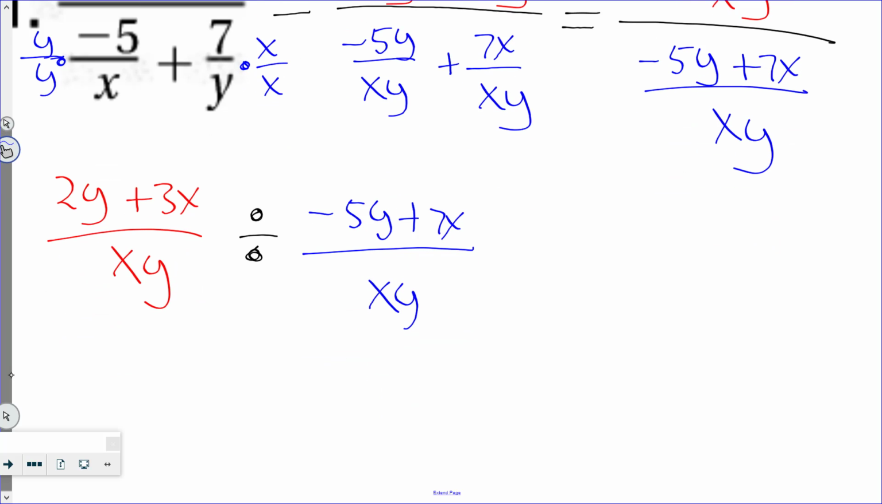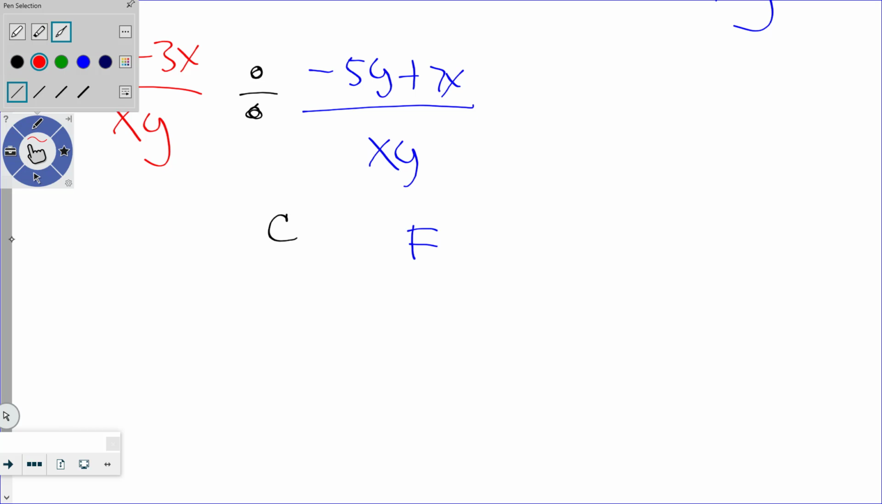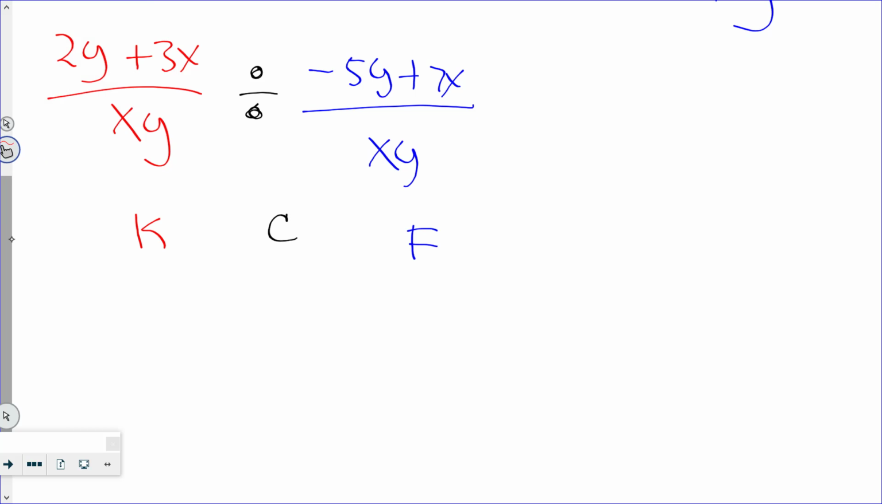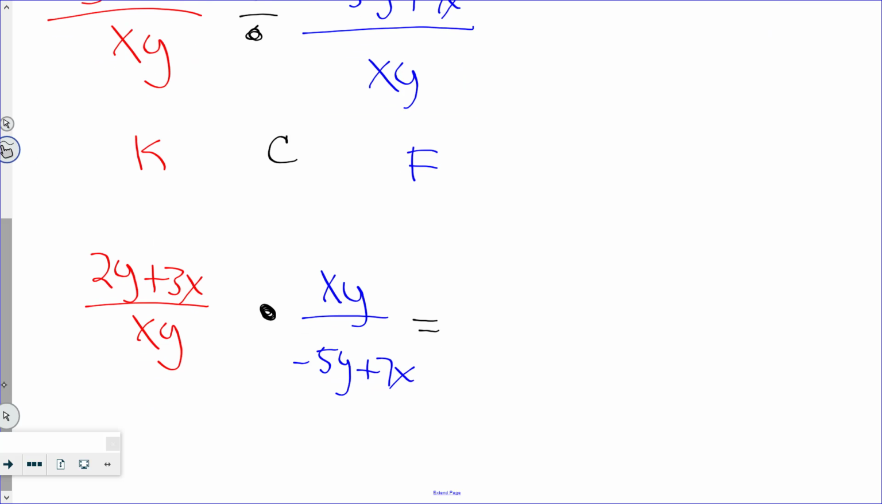Again, this step is optional. So we'll do keep, change, flip. We'll keep the red one the way it is, 2y plus 3x over xy. We'll change the operation from division to multiplication, and we'll flip the fraction in blue to xy over negative 5y plus 7x. Any questions about the keep, change, flip component? All right, so now